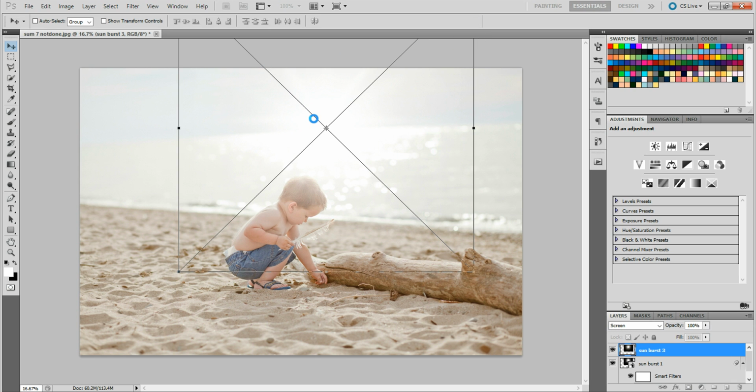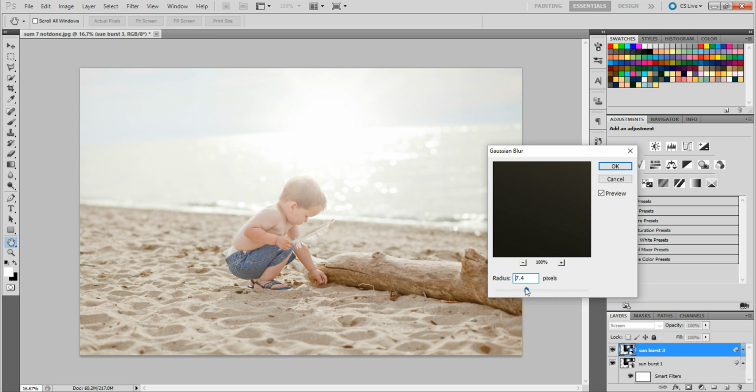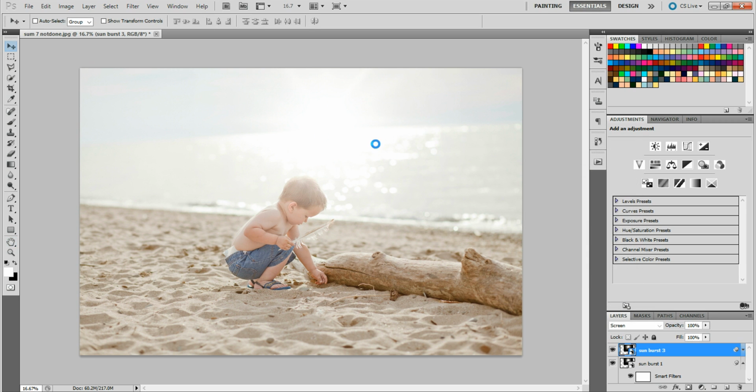Now this one, I'm going to go in with the blur, so we're going to go in with filter, blur, Gaussian blur, but I'm going to bring it way down. I only want like a 10 on this. I want it to be slightly blurry just so it's kind of out of focus, but I want that 3D layered effect, which is why I added 2 instead of 1. So you can still see the rays coming off, and it's not so blurred that it kind of blends into the background. So I'm going to go down to the first sunburst here, add a layer